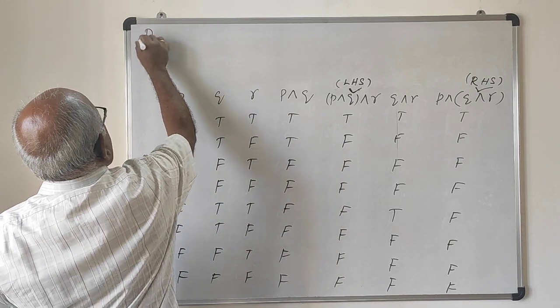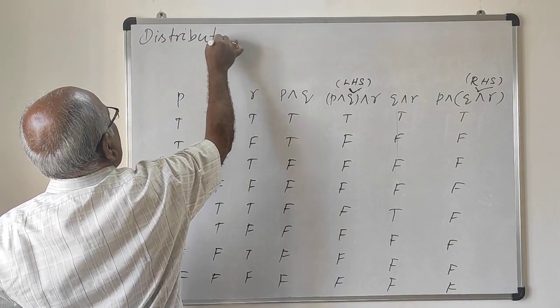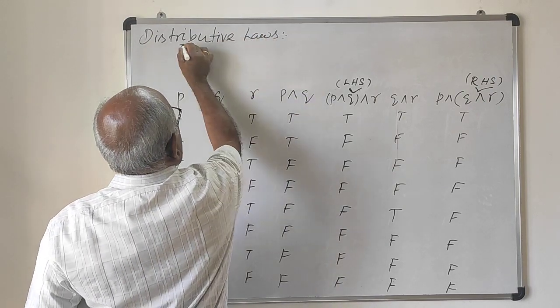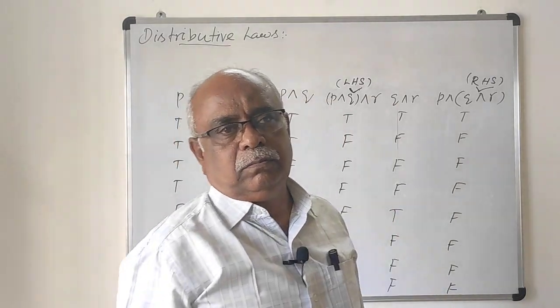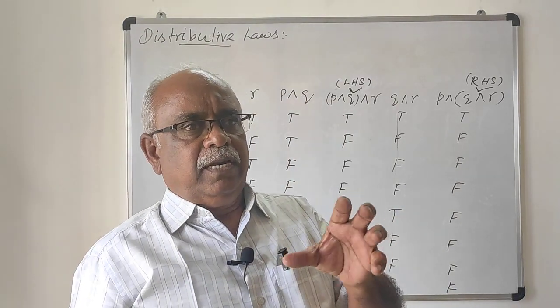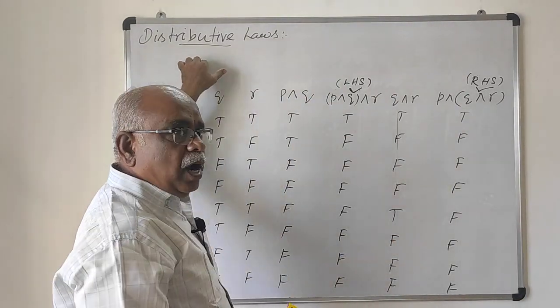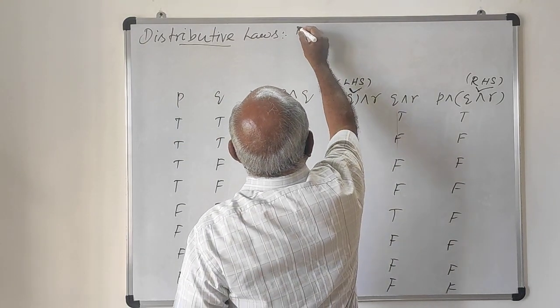Next, distributive laws. For distributive laws also, we are using the three statements P, Q and R. Using these three statements, we have to derive the distributive law, and hence we have 8 rows again. First law, distributive law,